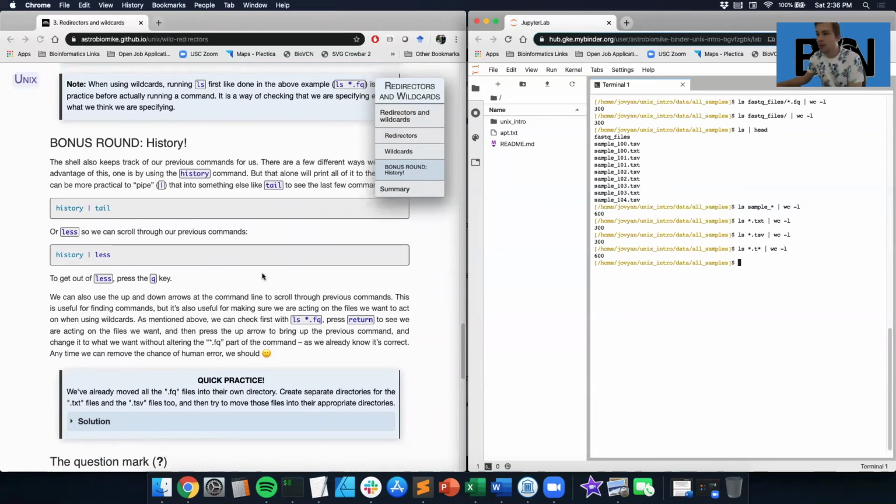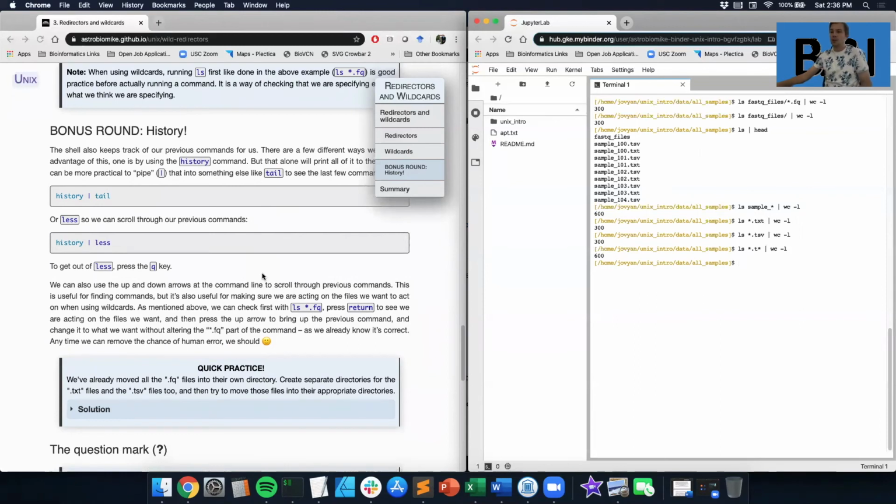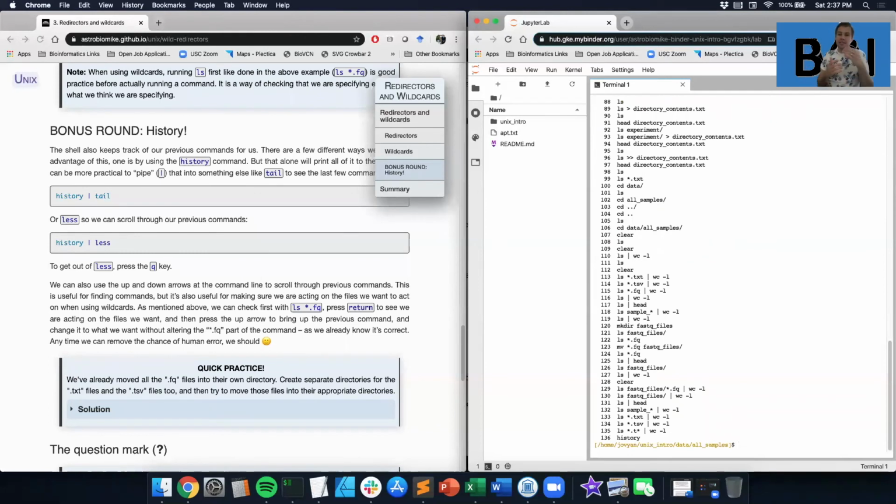Okay, so let's talk a little bit about, very quickly, history. So history is a command that will print out all of the commands that you've run on the most recent terminal session that you've started. So if I did history right now, it would print out all of the information from lessons 1 and 2, because I'm recording that sequentially, which might be a little overwhelming. You don't have to do this. I'm gonna do it. Let's live on the wild side a little bit. I'm gonna hit history. And you'll just see, since the beginning of this tutorial, there have been 136 commands